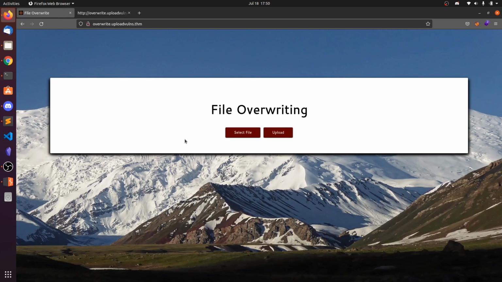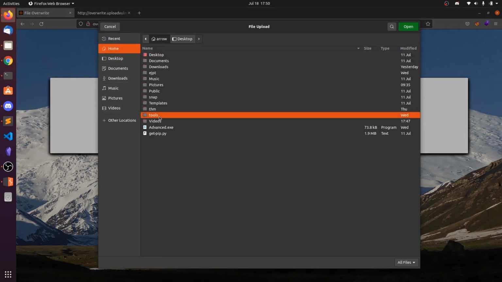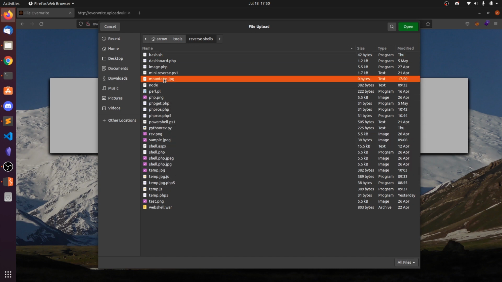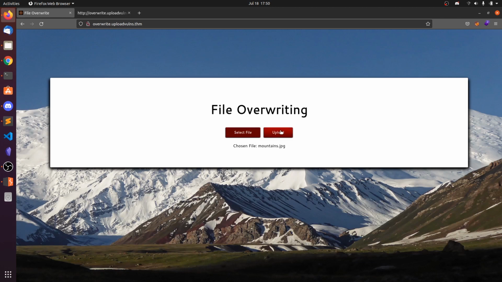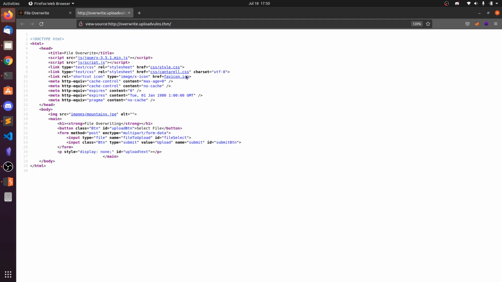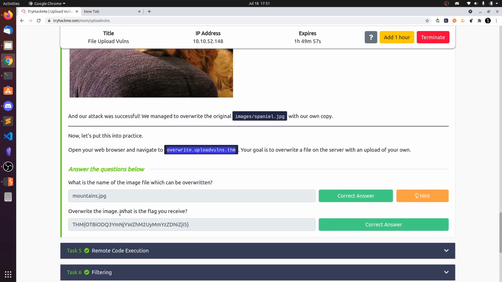So let's go and upload this, select file, select the mountains.jpg and now click on upload, and you can see upon uploading the file has been overwritten. So the server is checking the size of the original mountains.jpg. If the size has been changed, then it's giving the flag. So copy this flag and this is our first answer.